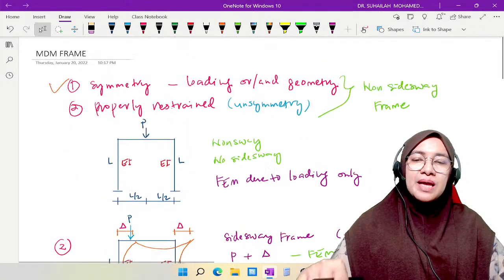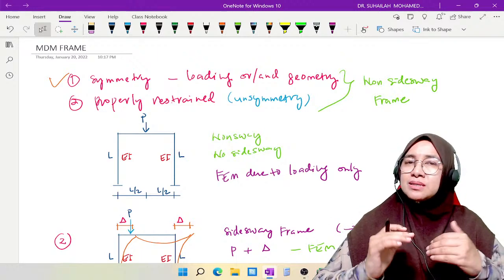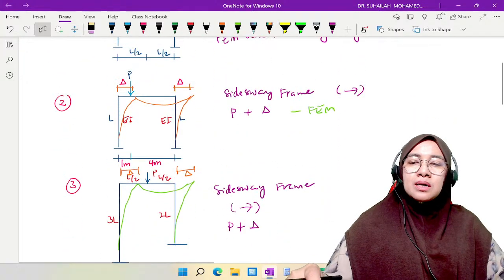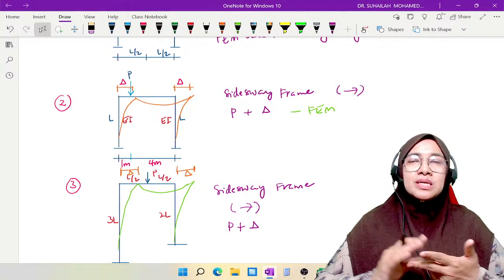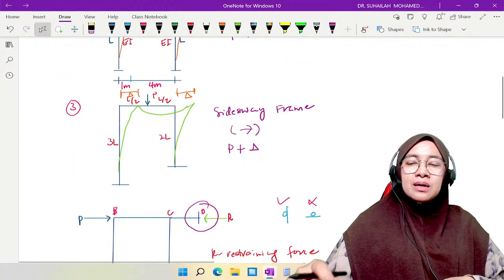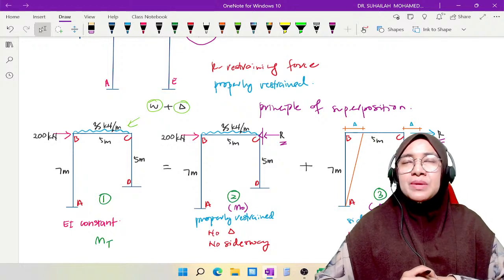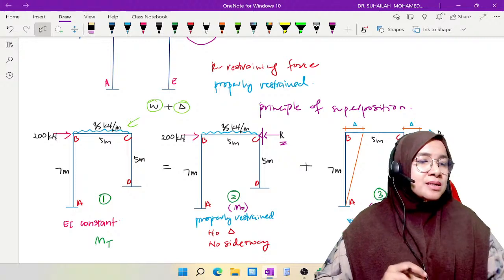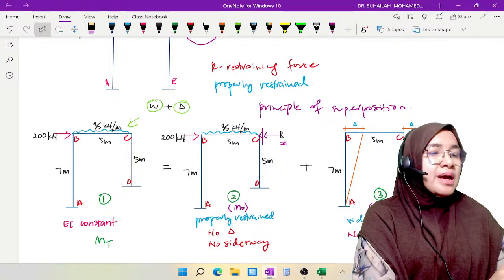about the concept of side sway frame, how we identify whether a frame is side sway frame or non side sway frame, and I have also identified the conditions. There are two conditions: one is symmetry, another one is called properly restrained. And then I have also explained the principle of superposition, which is the principle that we use to analyze frames,